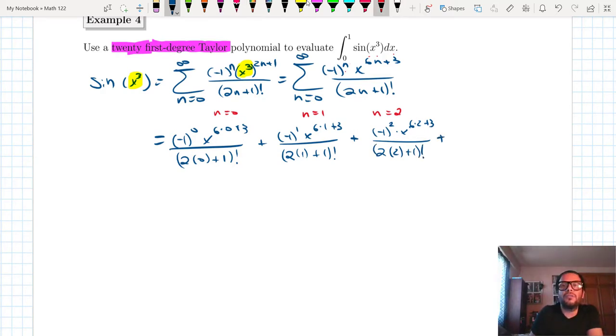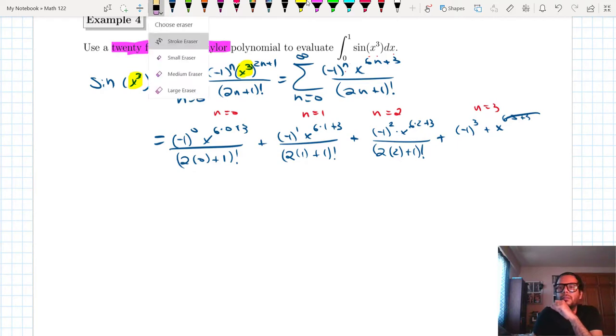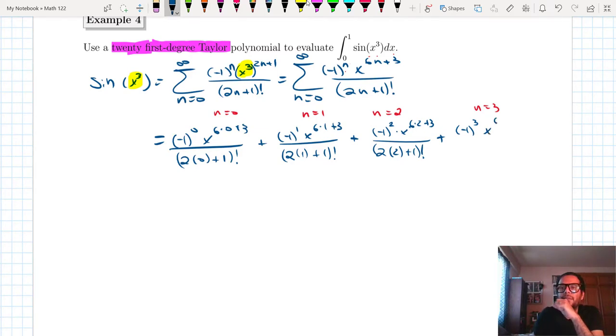And for n equals 3, we get negative 1 to the third times x to the 6 times 3 plus 3 divided by 2 times 3 plus 1 factorial